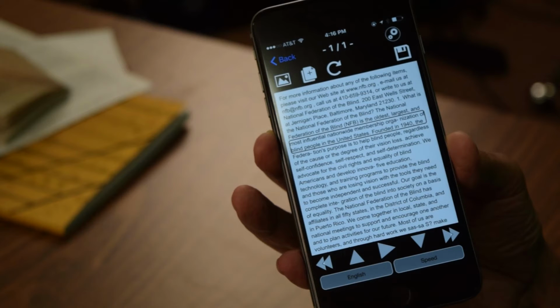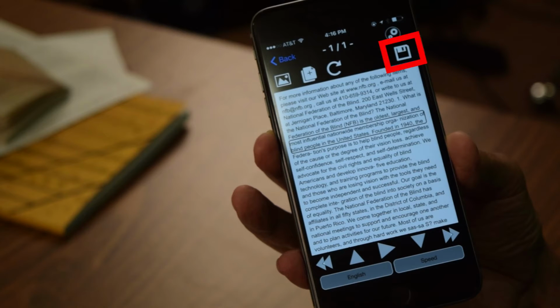You might also want to change the language if you wanted to read the document, let's say in Spanish, and you took the picture in English. I don't mean translate it, since it will not do that, but you could read the text with the Spanish OCR.